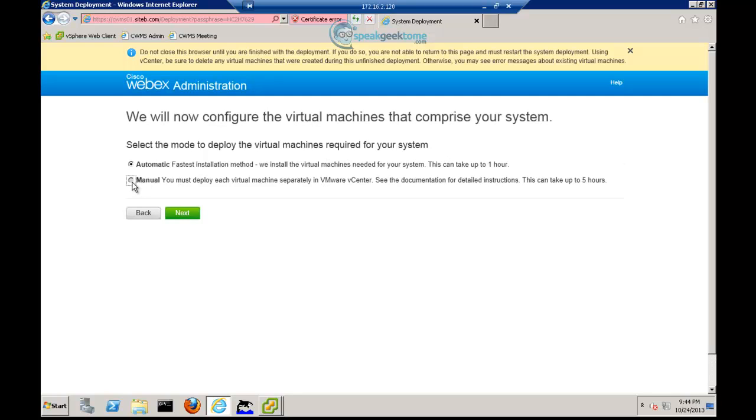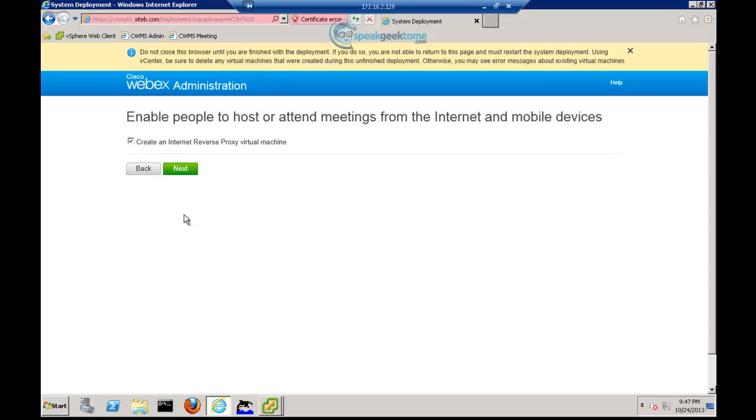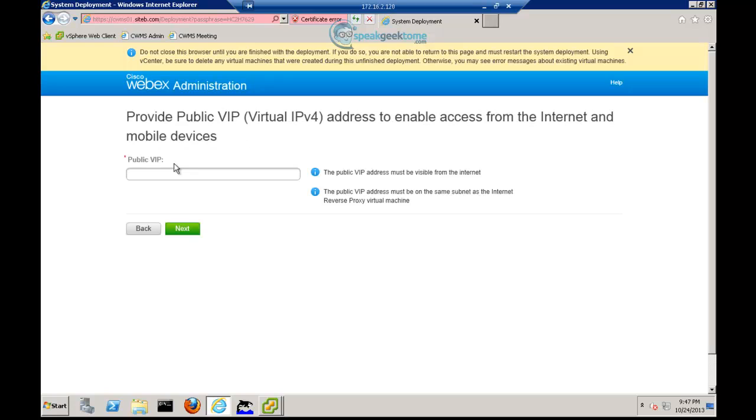We can select Auto and have the system configure our VMs that we need, or we can select Manual and install the VMs that we wish to install. We will select Manual for this lab and click Next. Since we will be using external access and also be using Internet reverse proxies, we will select the checkbox and